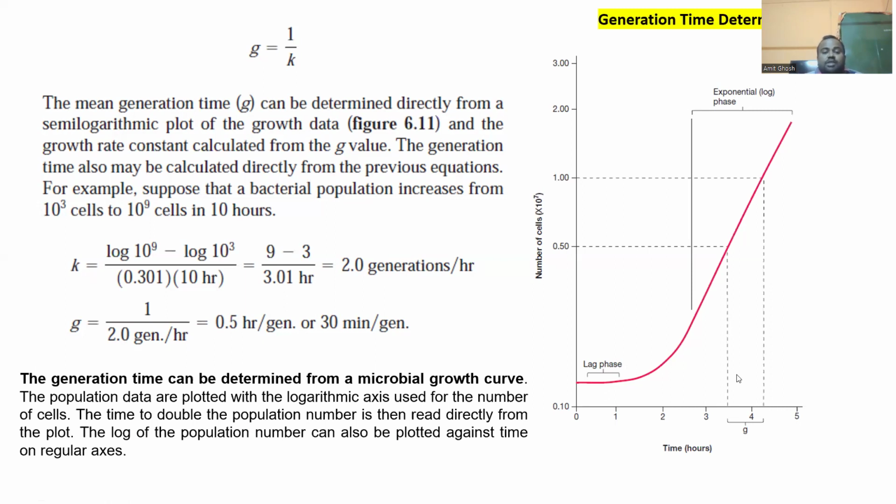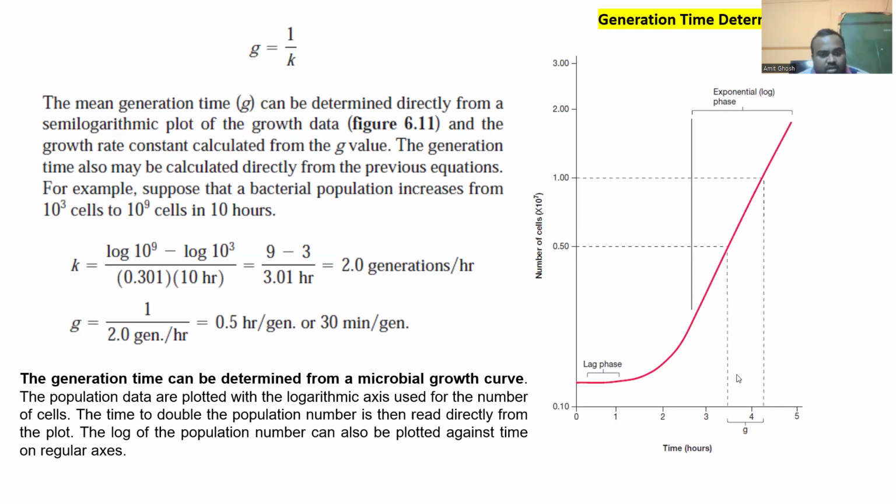For example, suppose that a bacterial population increases from 10 to the power 3 cells to 10 to the power 9 cells in 10 hours. So what will the generation time be? The cell population goes from 10 to the power 3 cells to 10 to the power 9 cells in 10 hours. So K will be log 10 to the power 9 minus log 10 to the power 3,